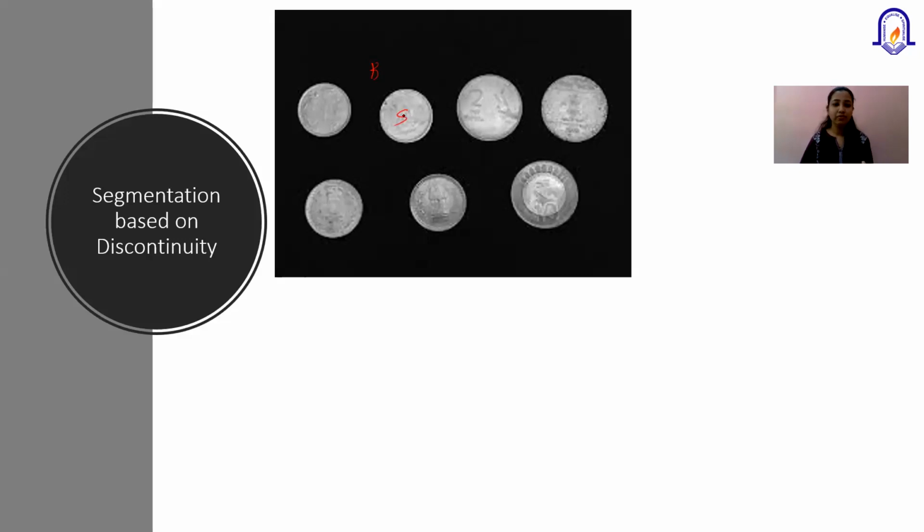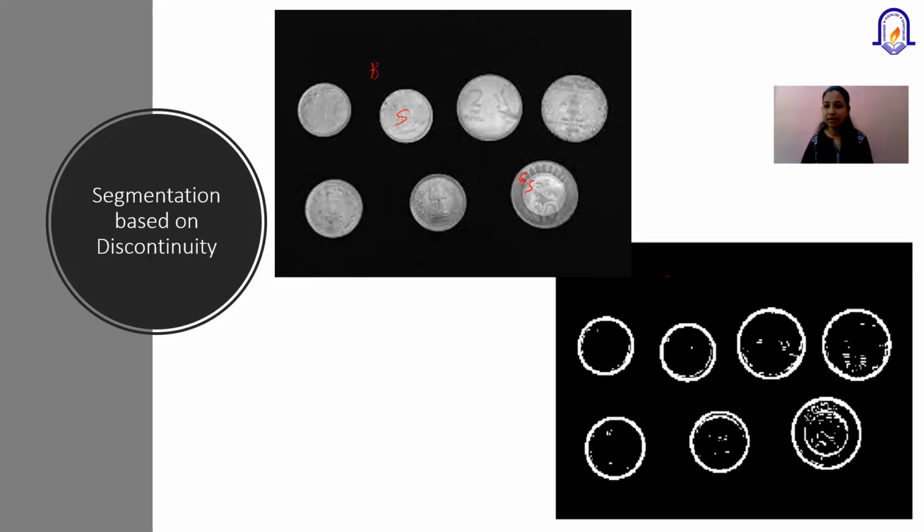Then of course whenever we want to process, we will convert it into gray. And then I will apply some method on it so that I will get boundaries wherever there is an abrupt change. If you look here, this is golden color and this is silver color. So there is a change in these two values also. If I try to apply an edge detection technique on it, I will get a result something like this.